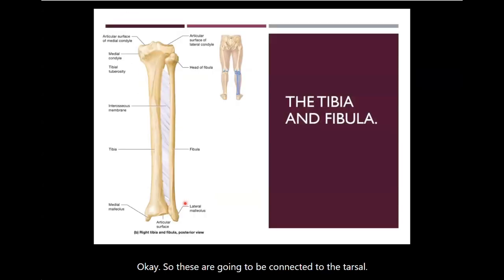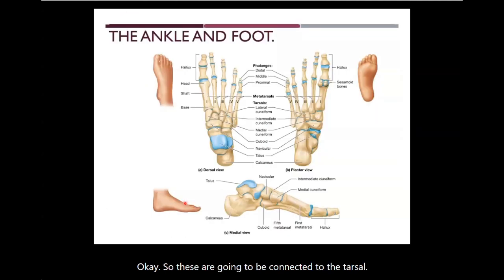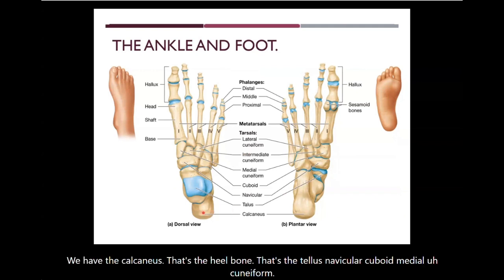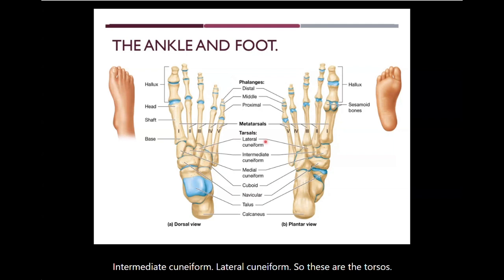So these are going to be connected to the tarsals. And the tarsals are, these are the tarsals, everyone. We have the calcaneus, that's the heel bone. That's the talus, navicular, cuboid, medial cuneiform, intermediate cuneiform, lateral cuneiform. So these are the tarsals, and we're supposed to know it, but I don't think I've asked on the